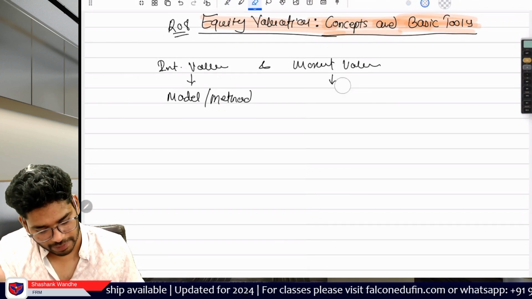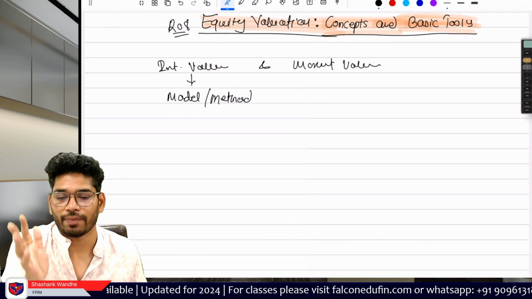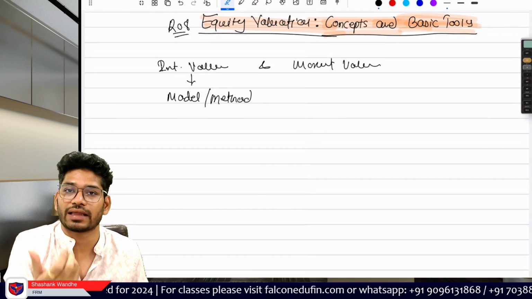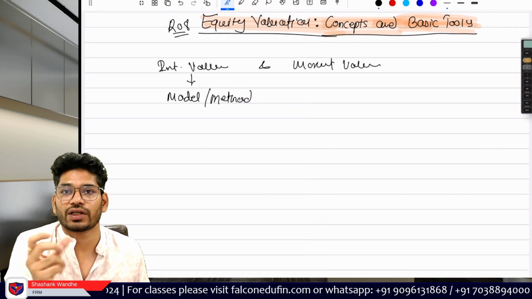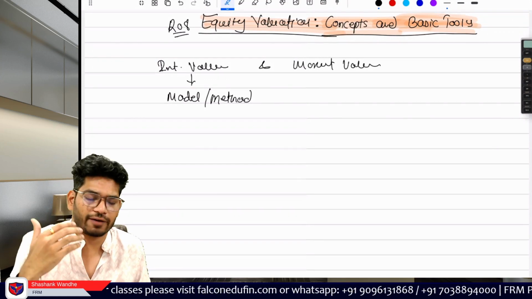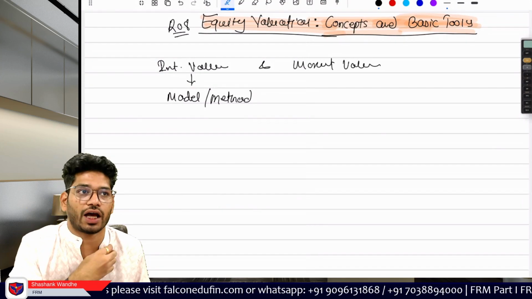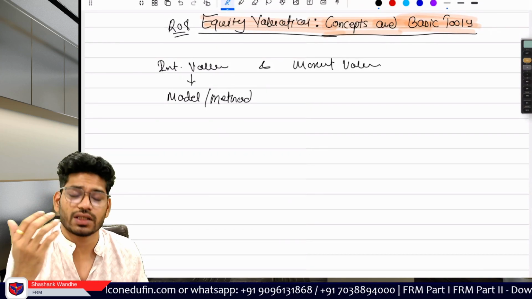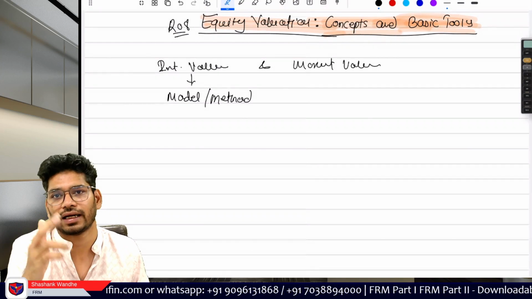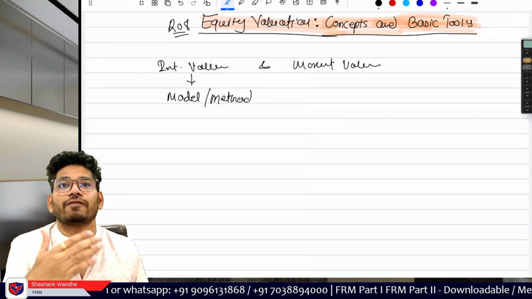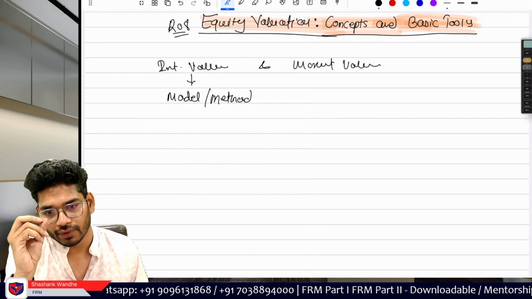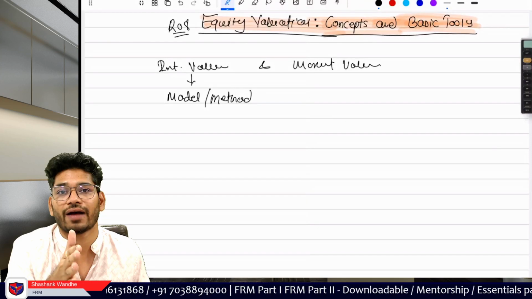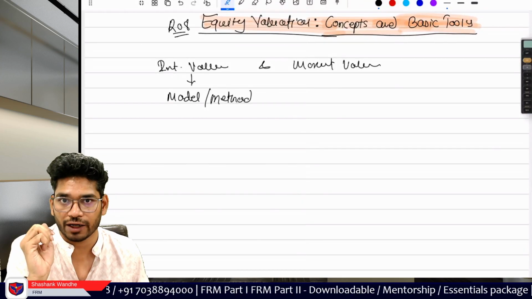We don't bother about this market value part. We are mainly focused in this chapter on the intrinsic value, which is the model or method based valuation. Now this intrinsic value is as per your calculation. Say for example, you do the calculation, I do the calculation, and we do these calculations from the starting. So we use our own assumptions, our own methodology. So it is totally possible that your valuation and my valuation will be different. Now here, if these valuations are different, then it is also possible that the intrinsic value can be greater than or less than the market value.